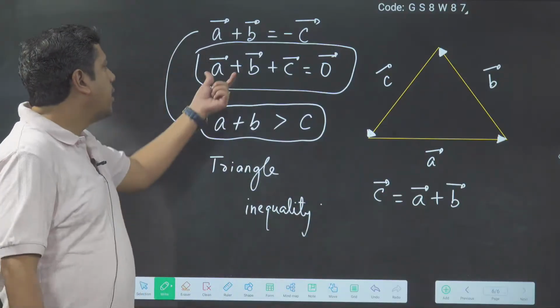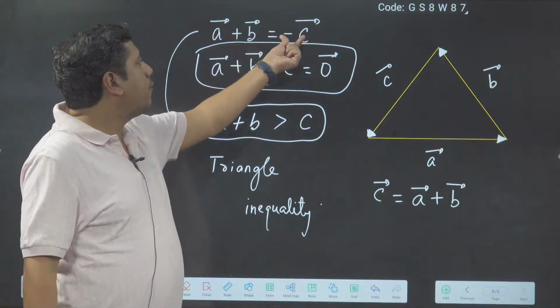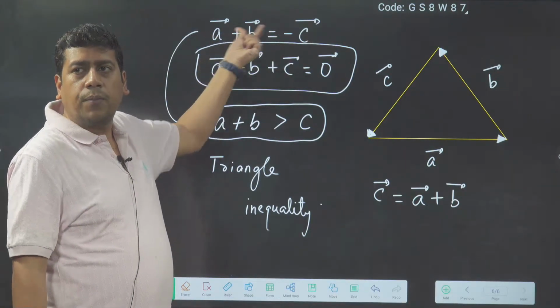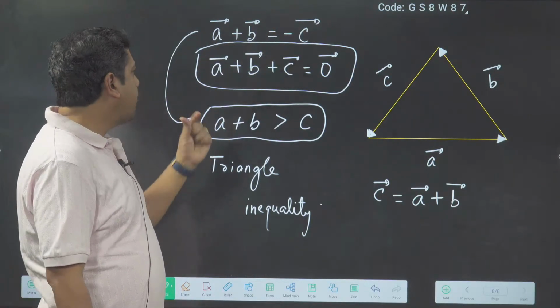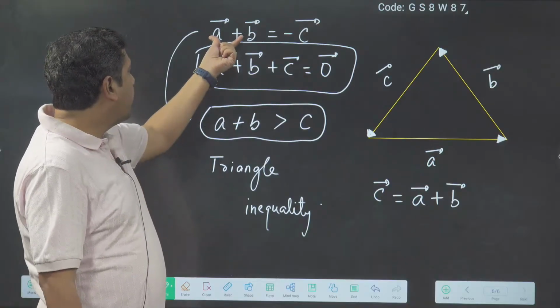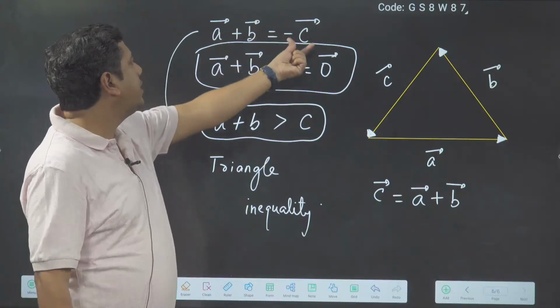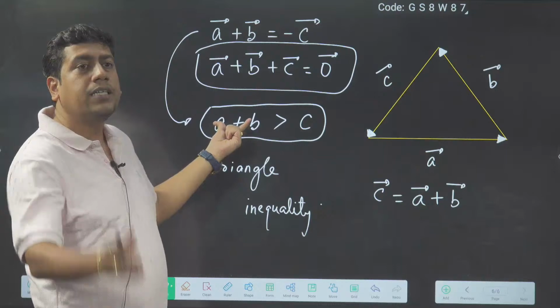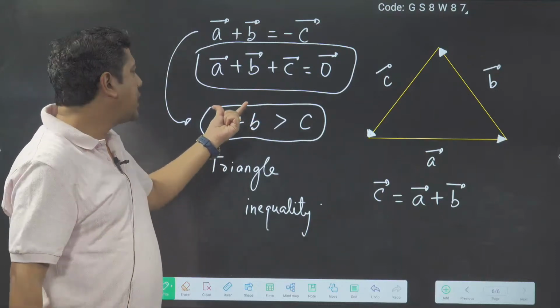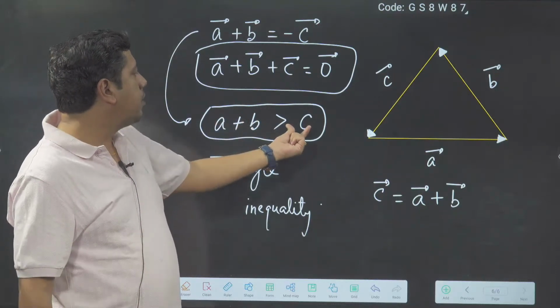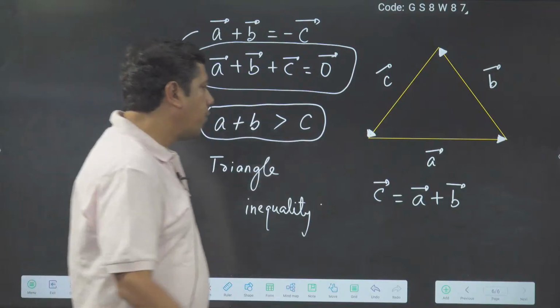Understand? Vector addition is equal, but in scalar addition, A plus B is the maximum value, so it should always be more than the third side. What I'm trying to say is,